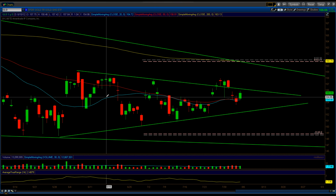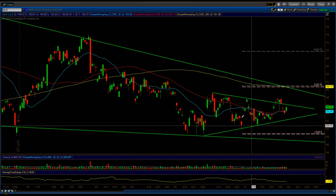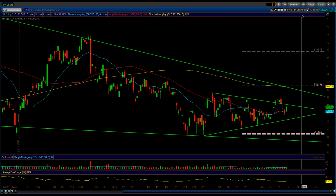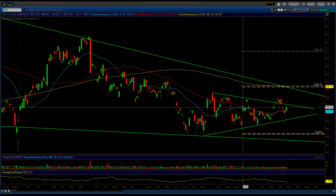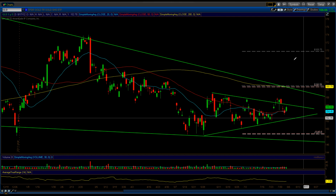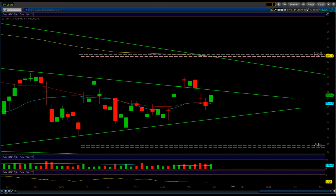All right, I rarely talk about gold simply because the pattern on gold has not been good lately. Okay, so I had these mathematically calculated levels, and I've calculated them all the way back on this day here, which is June 29th. And these mathematical calculations, again, they're not 100% guaranteed or anything,